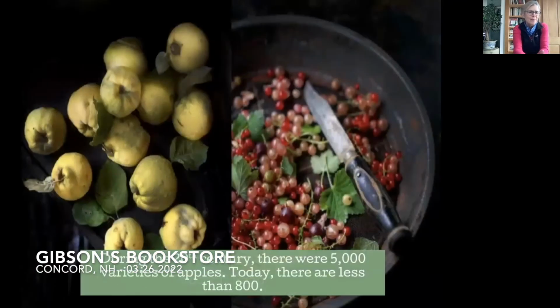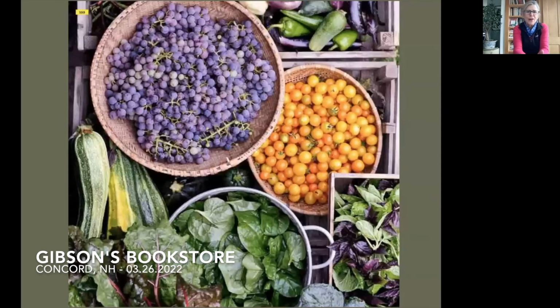And apples, there's so many different kinds of apples. During the 20th century, there were 5,000 varieties of apples, and today there are less than 800, which is sad. I mean, not all of those apples were great, but we're really not having the diversity of fruit that we once had. This is quince. This is not actually an apple. It's quince and gooseberry, which are beautiful fruit that you don't often see, and Concord grapes and the Italian heirloom zucchini,